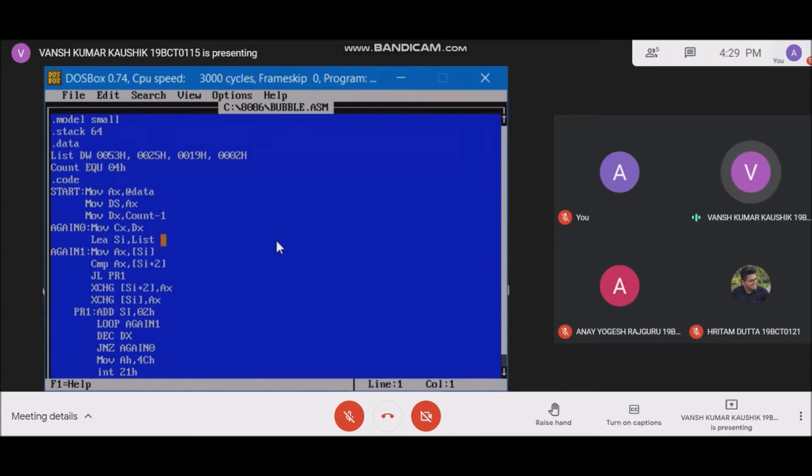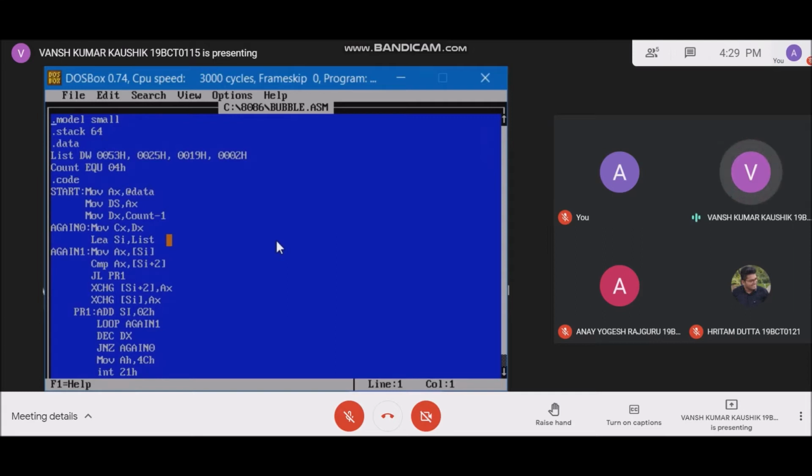Then we have to load the input value into the accumulator. List contains the offset value, or the logical address value, which can be combined with the base address of the data segment to point to the first data of the array. So then we move that to the source index register.